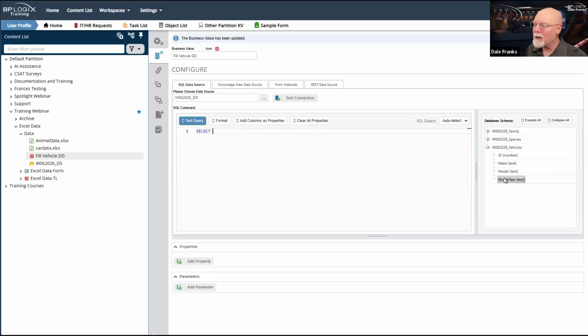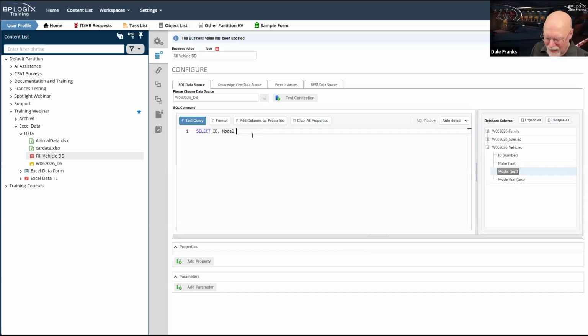So we are going to select ID, and then I'm going to do some SQL witchery here because I have make and model. Actually, I think if I just pull model, that will be fine because I don't think any of my model names are the same.